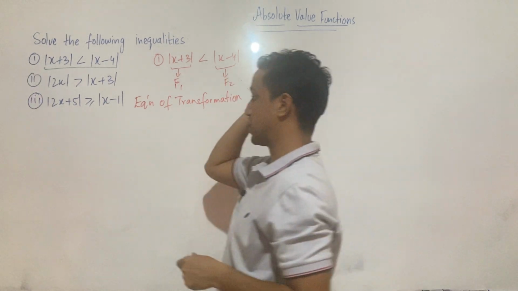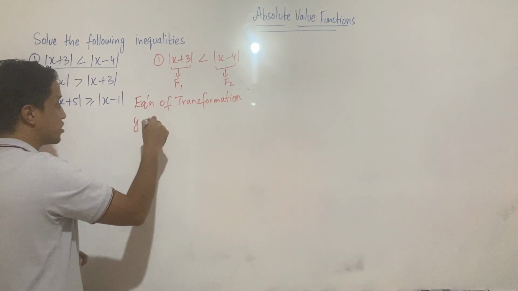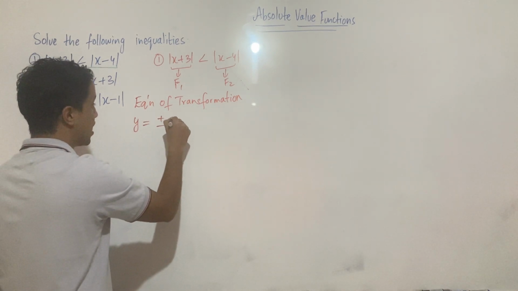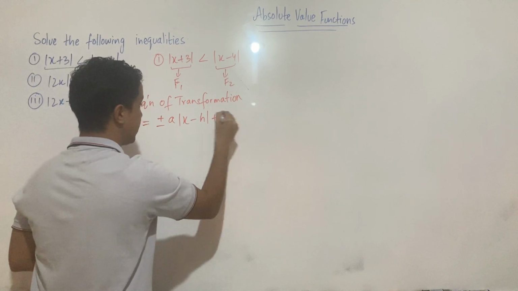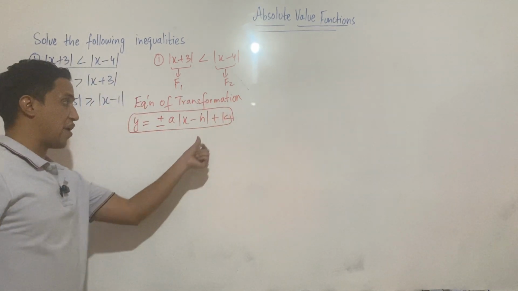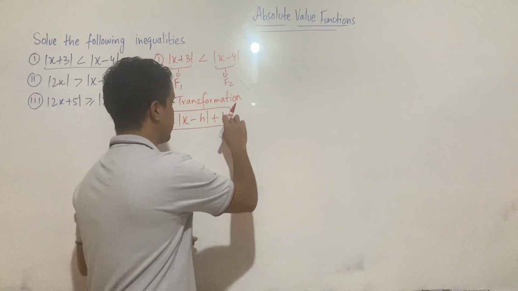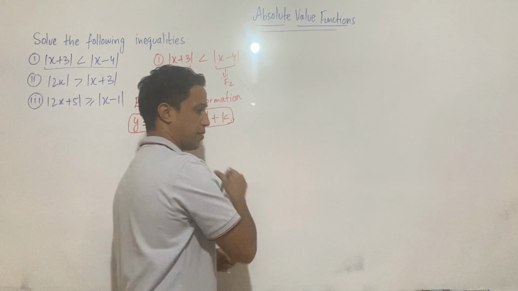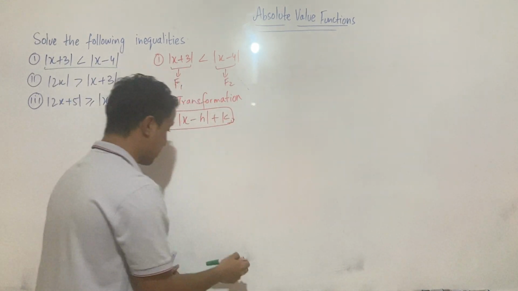The equation of transformation says that y equals plus minus a times absolute x minus h plus k, where h represents your x-intercept and k represents your y-intercept. I hope this thing is clear to you. Okay, now